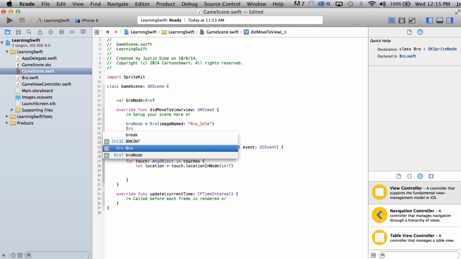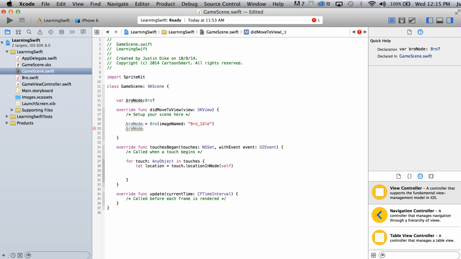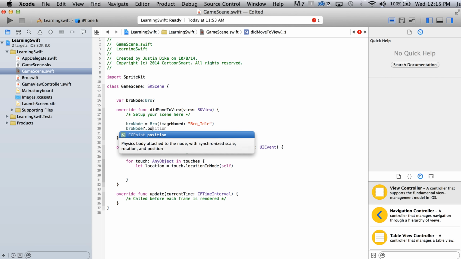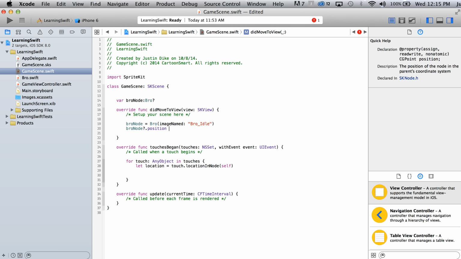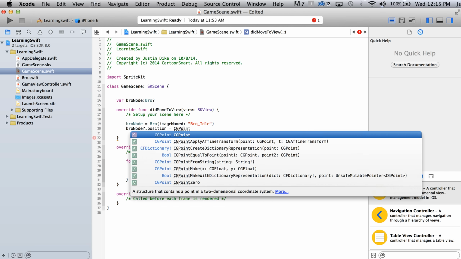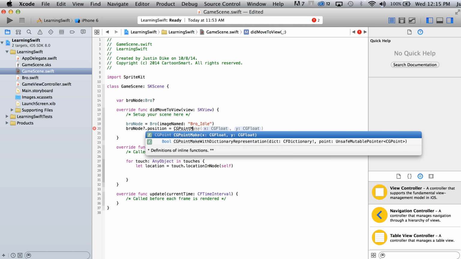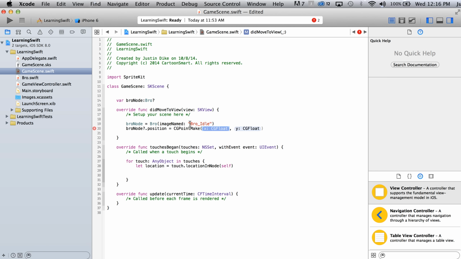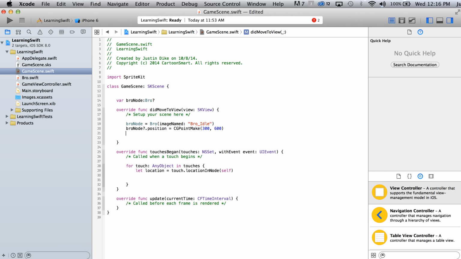And then bro node, as we point out in some of the other videos, we can kind of get away with either the question mark or the exclamation point there, which is the forced unwrapping of a value, and I would say that either one is quite safe to use right here because we just initialized it and we know that it's got a value at that point. But you know, go with either one. And I see from my notes from the other day, I actually had an exclamation point after that